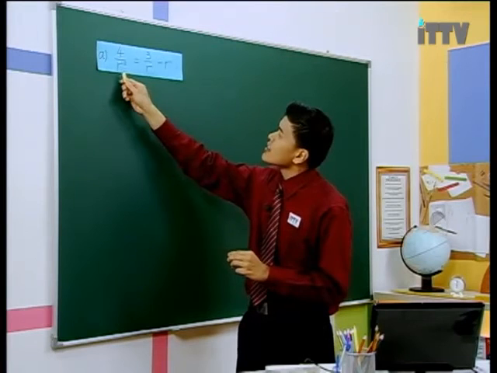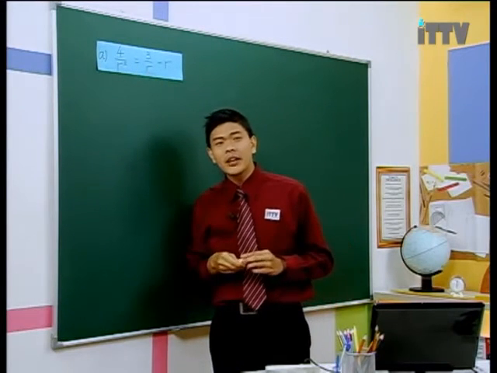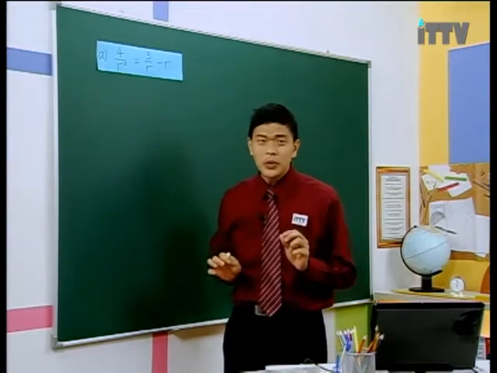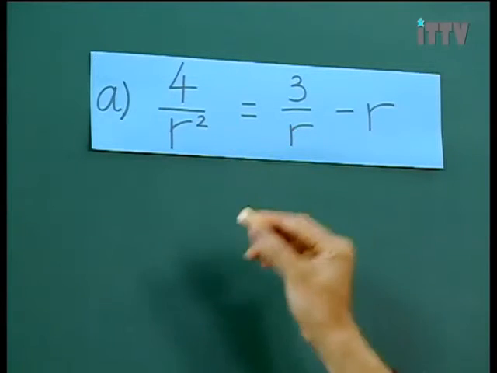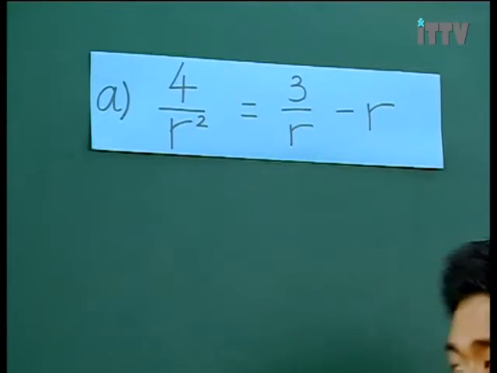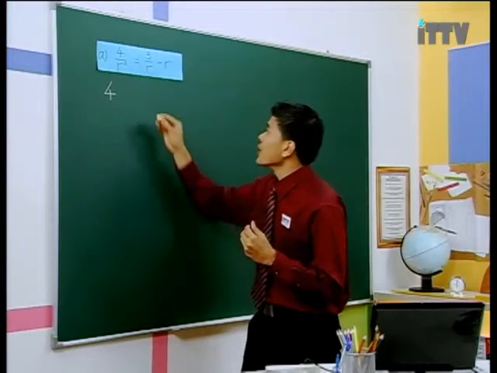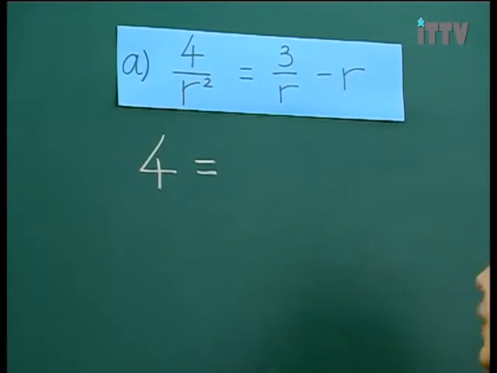In r squared and r, that will be r squared. So every term needs to be multiplied by r squared. If 4 over r squared is multiplied by r squared, you will get 4. If 3 over r is multiplied by r squared, you will get